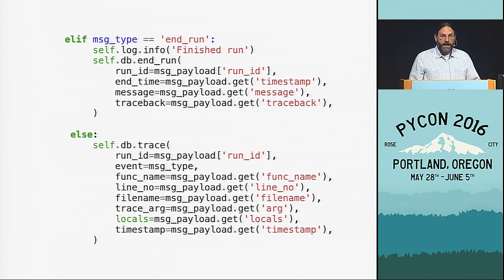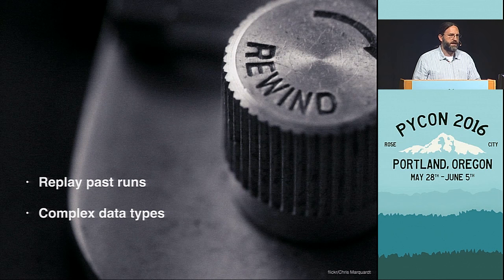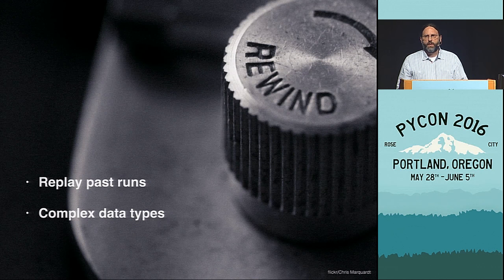All right, now I have a basic way to record the run of a program, and it goes into a database, and I had to decide what aspect of the program to tackle next. So I could start building the database query API so that I could replay old runs and print that information to the console, or I could look at sending some more complex data types. So I had, at this point, a single line string, basically, so that if your program exited with an exception, you would get the error message and it would be recorded, but you didn't get the full trace back.